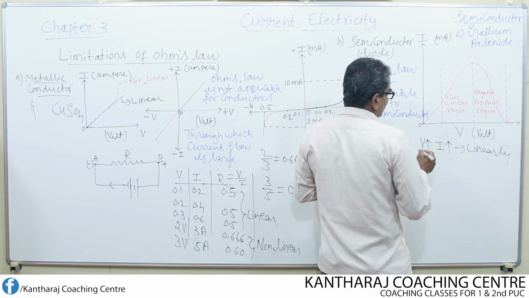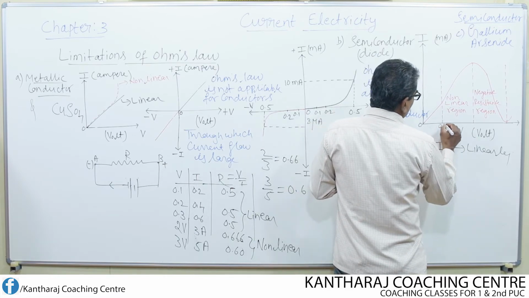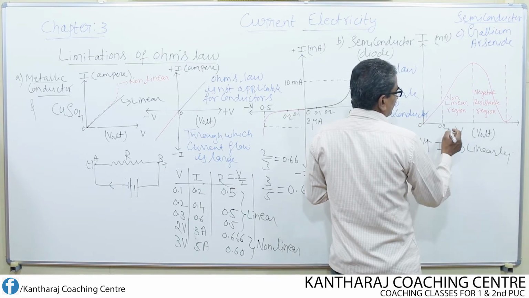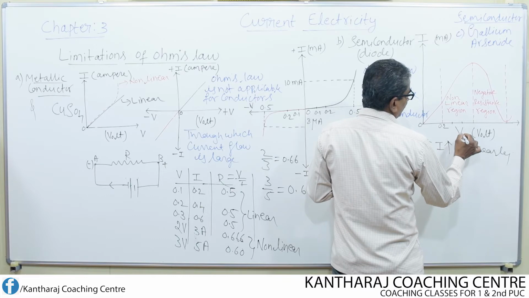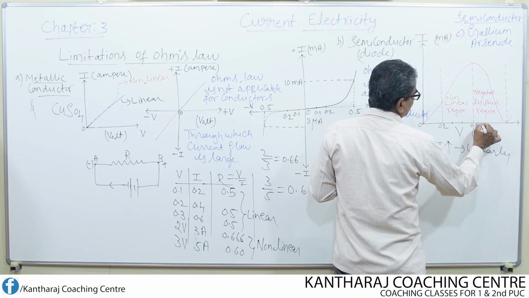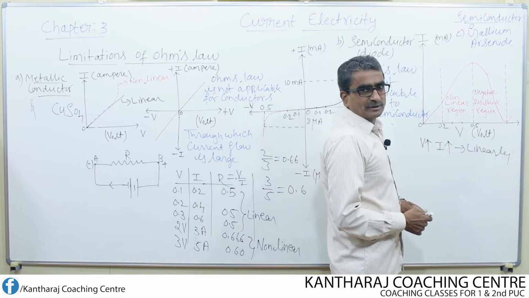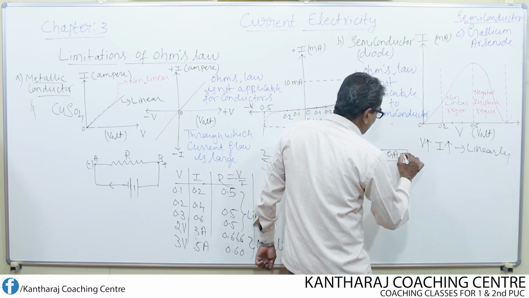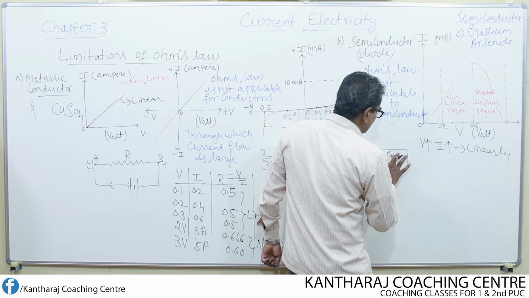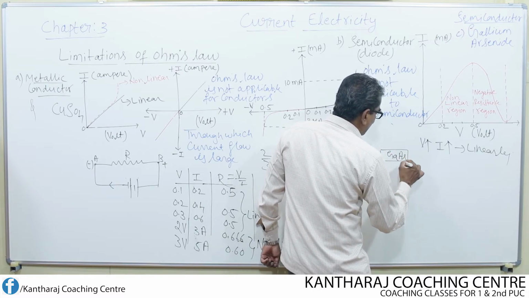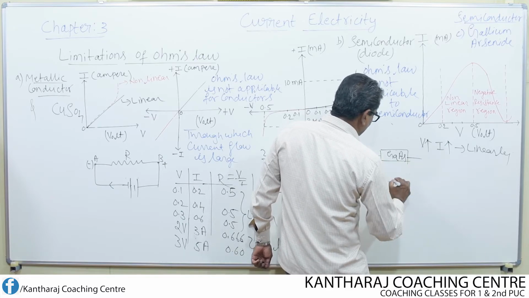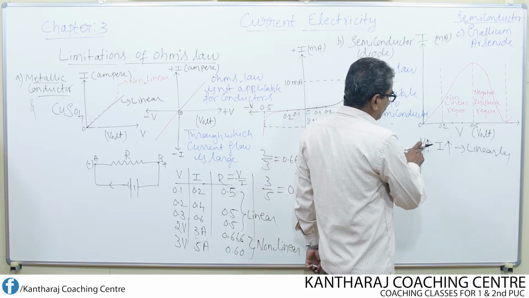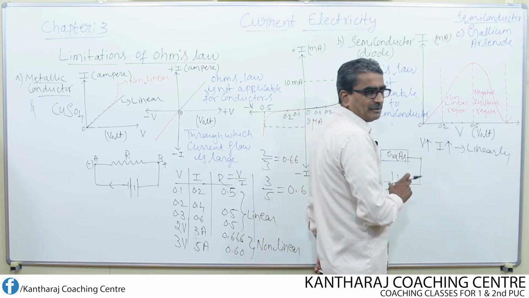Let's give one random value. Say for example, up to 0.2 volt linear variation. Now increase the voltage from 0.2, 0.3, 0.4, 0.5. At 0.5 volt, this is one semiconductor. What is the semiconductor? Gallium arsenide. Gallium arsenide, and it's connected to a power source. Then voltage is varied. By varying the voltage, current also varies linearly up to this point.